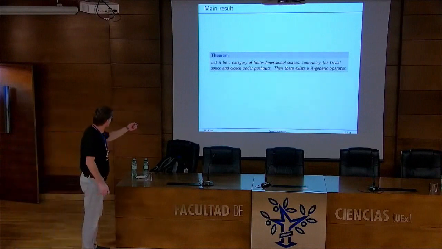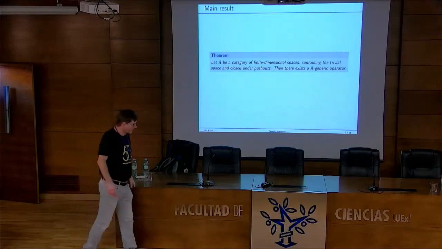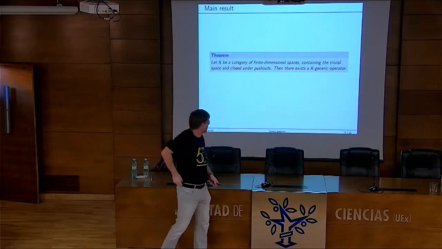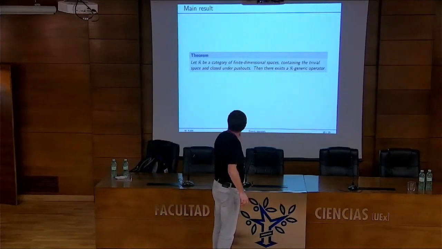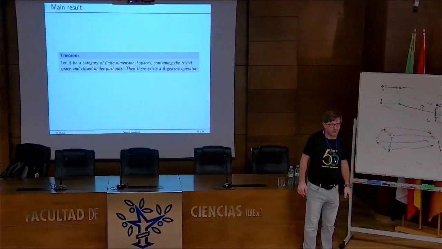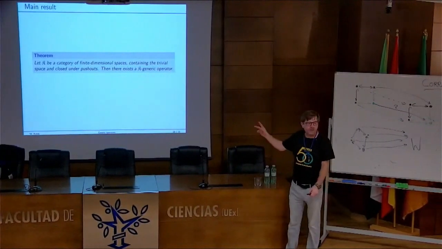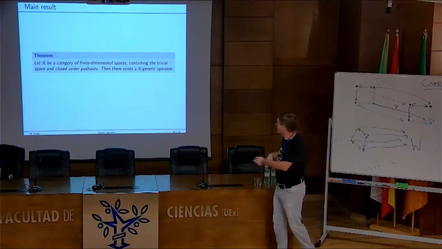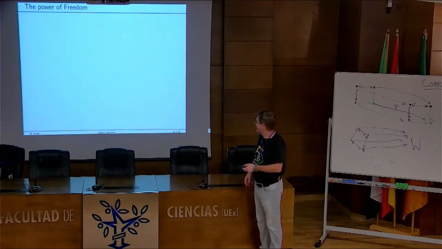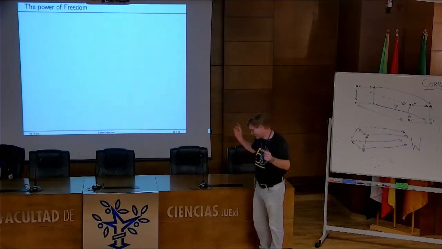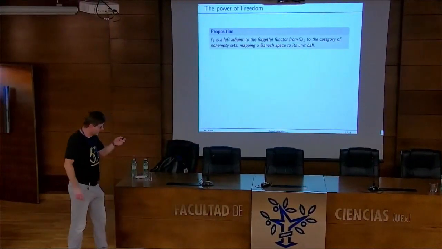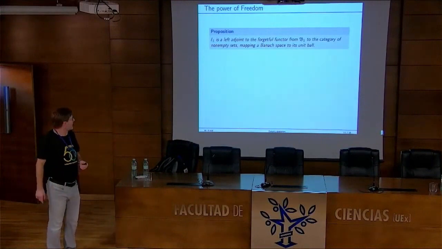But for example, think of this as a category where there are countably many possibilities. Yes, finite dimensional ℓp, ℓ1 maybe, etc. And that it's closed under push-outs. Then there is a generic operator in this category. And so the category K may be a little bit trivial, and you will see an example, but the operator is non-trivial. The power of freedom is part of the title of my preprint, which is on another topic, but I wanted to show now some motivation why I'm going to talk about L1, little ℓ1.